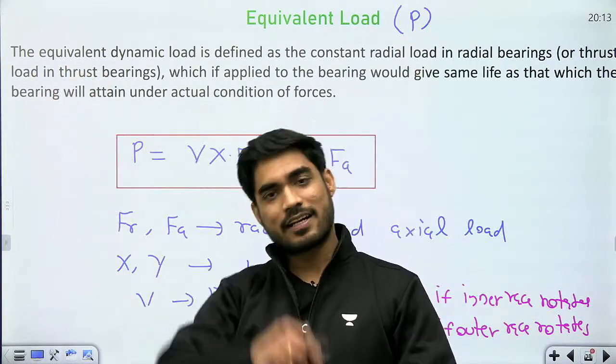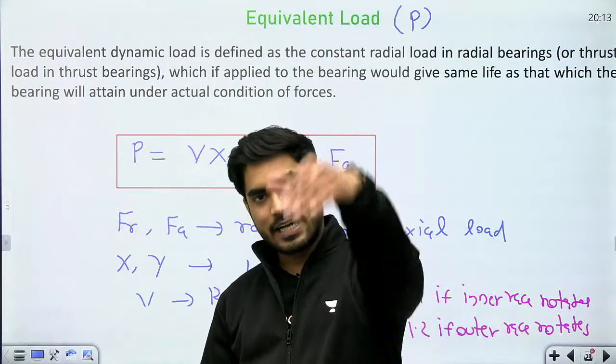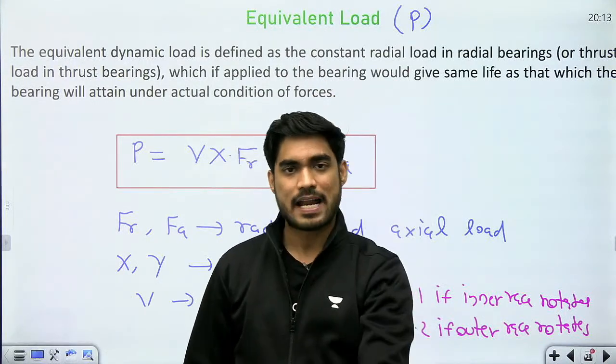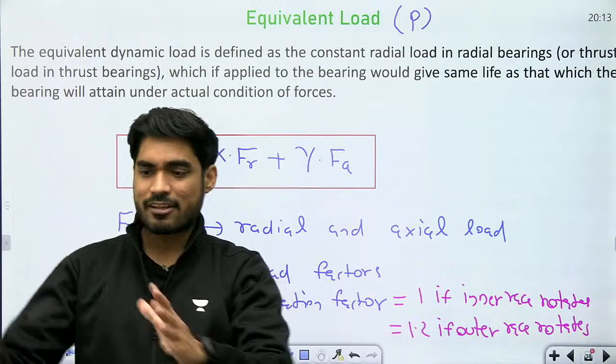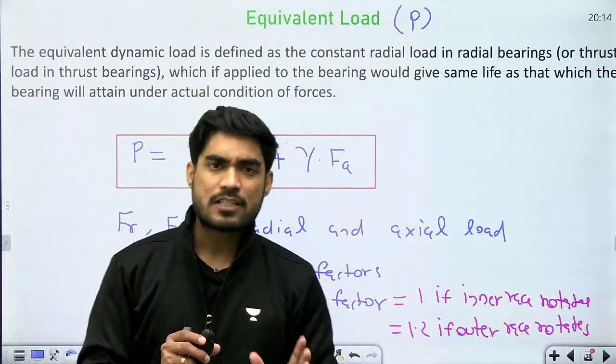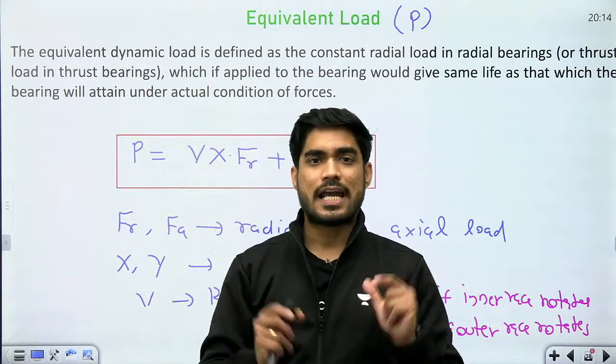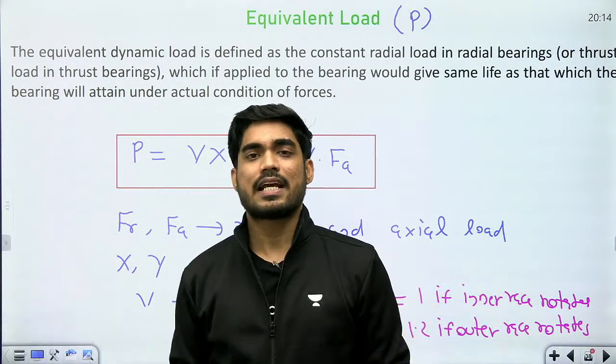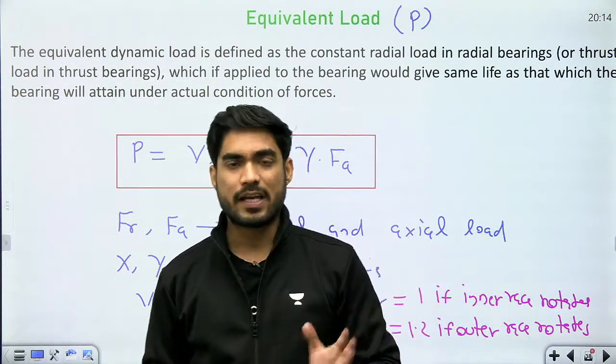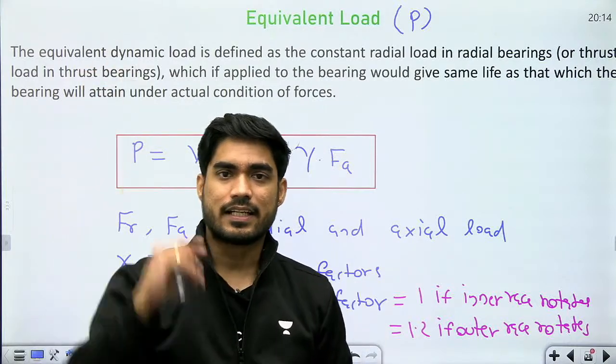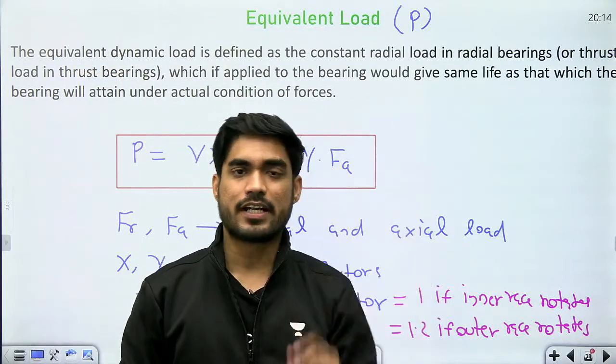It will be running and running and running. So beta, we are testing the bearing by applying some load, right? Some load is acting and then we are getting some life. So there must be a relation between load and life. Now general relation will be what? Generally speaking, if the load is increasing, the life should be increasing or decreasing.